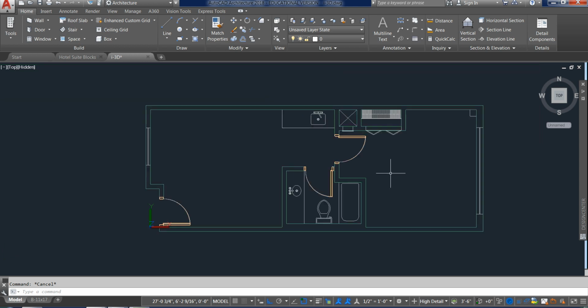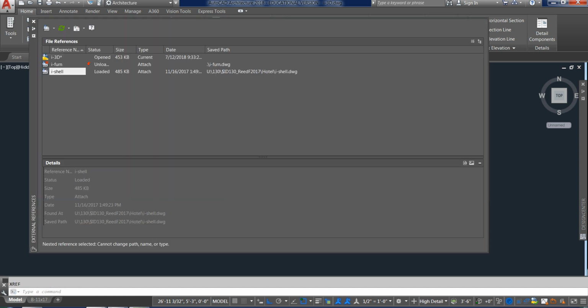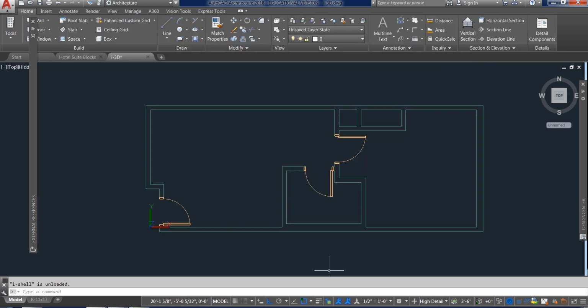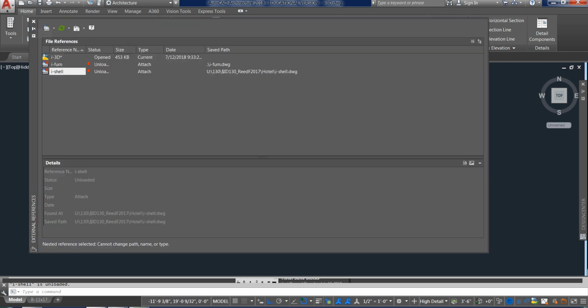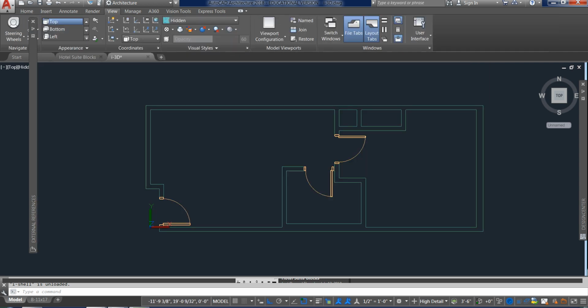And now I will call up the XREF dialog box again. And this time I'm actually going to unload the shell. And what I'm left with is just my walls and doors. I need to put in a closet door still, and then obviously the fixtures, etc. But that will be in my next segment. So for now, let's go ahead and look at what we've got here.